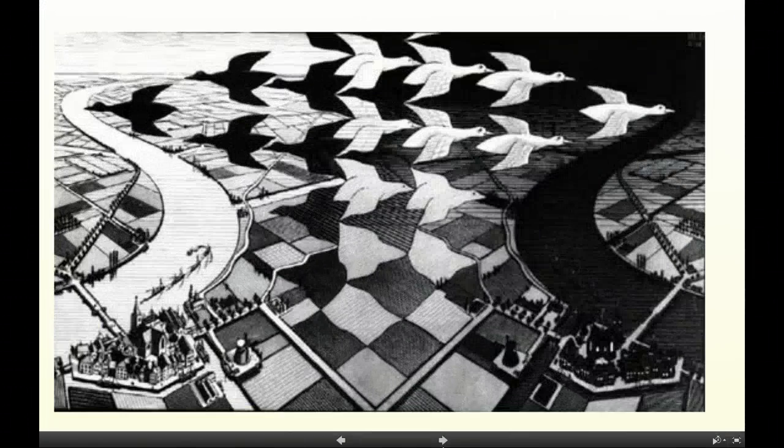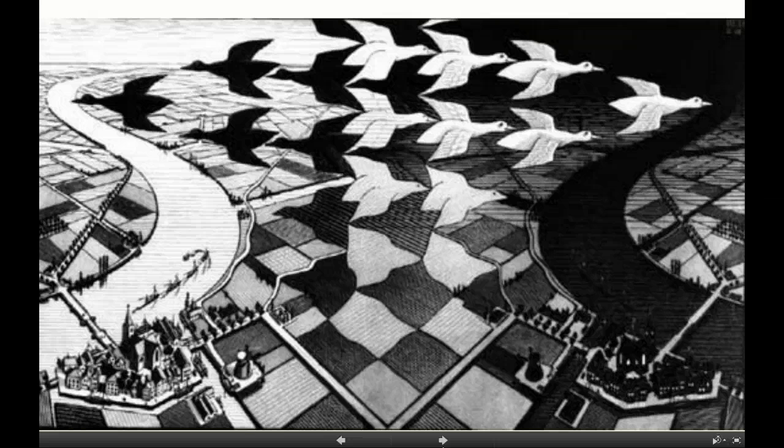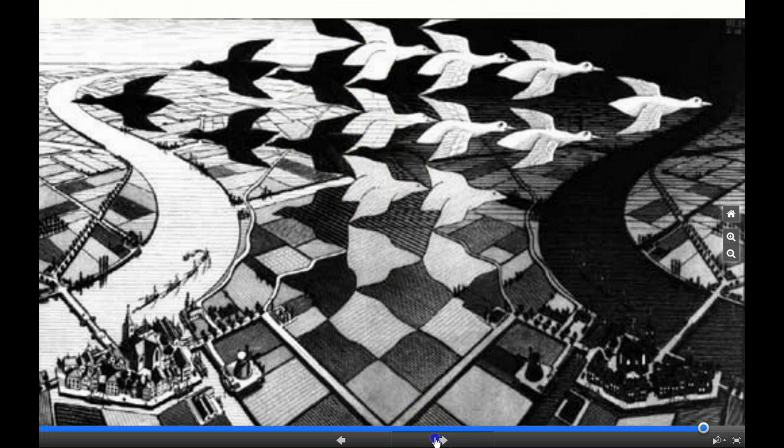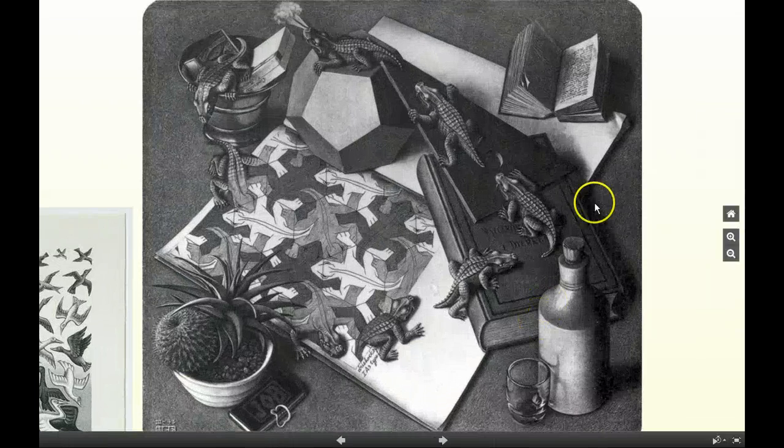This is another variation of that same picture, but this time he started with squares, and the squares morphed into birds flying in opposite directions. Right here, these birds tessellate the plane. And here's my all-time favorite M.C. Escher drawing. This is a drawing of a tessellation based on the hexagon, where the lizards are coming to life